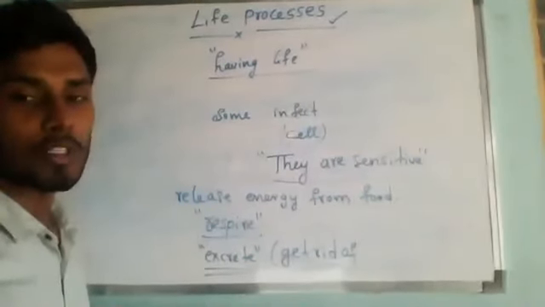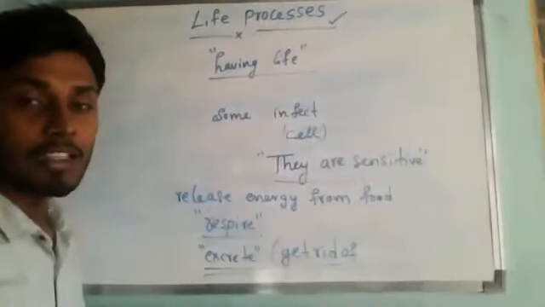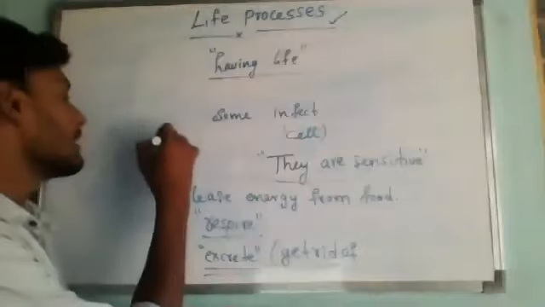Next one, the main thing: living things can reproduce. This is the basic thing. It means they can produce their young ones, offspring. These are the common characteristics, common features. They can have young ones. Understand? Living things can